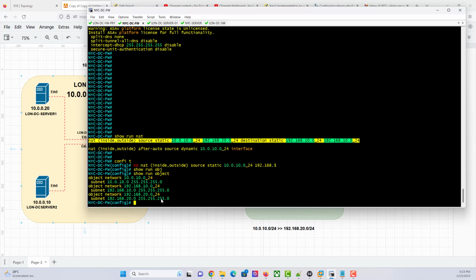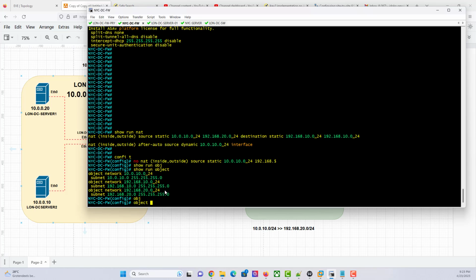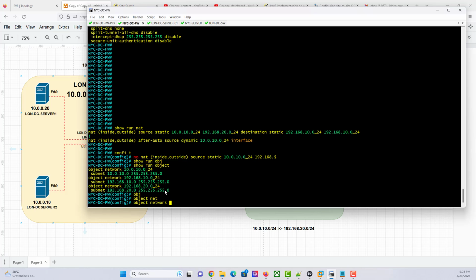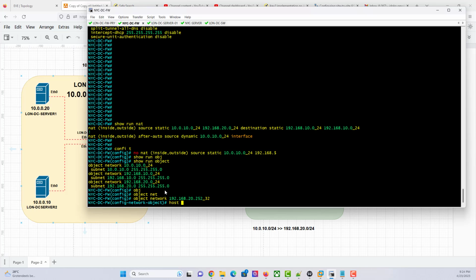So the object we want to use is 192.168.20.252, right? So I'm going to say object network 192.168.20.252_32, right? So host is going to be